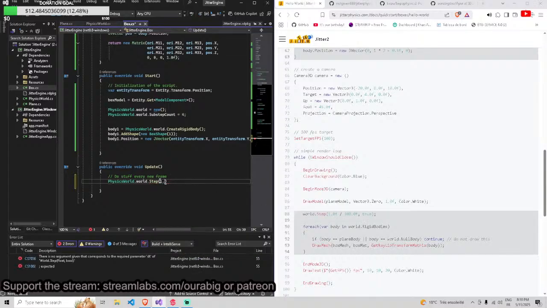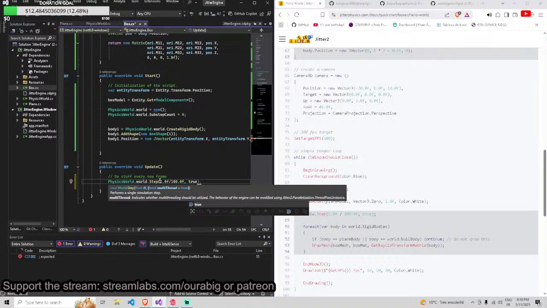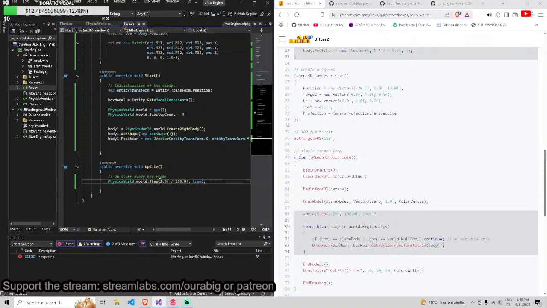We're just gonna copy it, I don't know, 100.of, and it's just going to be true, multi-threaded. Yes, we do want it to be multi-threaded. Okay, so for each body in world dot rigid bodies,